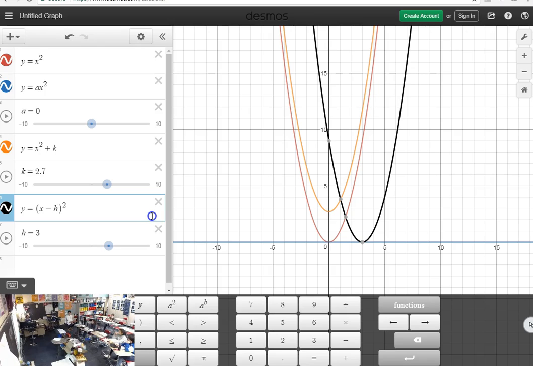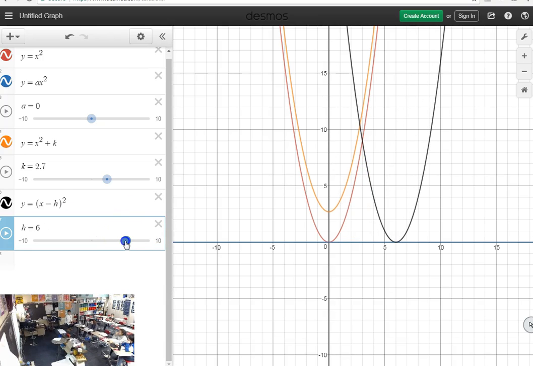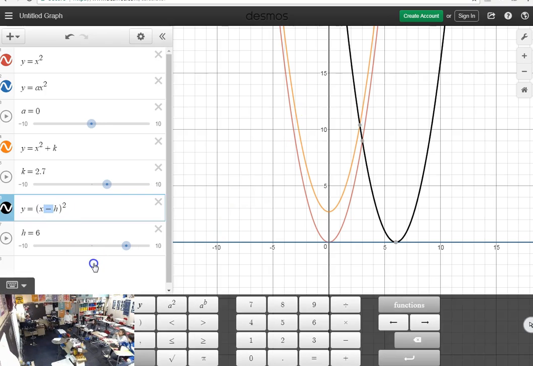Who can explain, if we set it up as minus H, how we describe this? I don't know why, I just know it does. So if you add, then it goes to the positive side, and if you subtract, it goes to the negative, so that it's not confusing. What do you mean so that it's not confusing? Yeah, that's why we use the minus, just so that it's not confusing. But why does it actually do that?